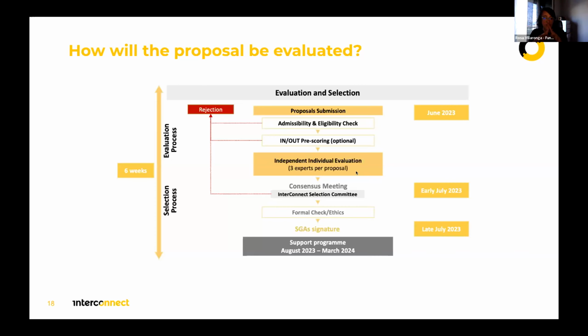The proposal has to reach at least 3 in each individual criterion. And then for the sum of the 3 criteria, the proposal has to reach 10 points. Once all the proposals were scored, we will prepare a ranking list of these proposals